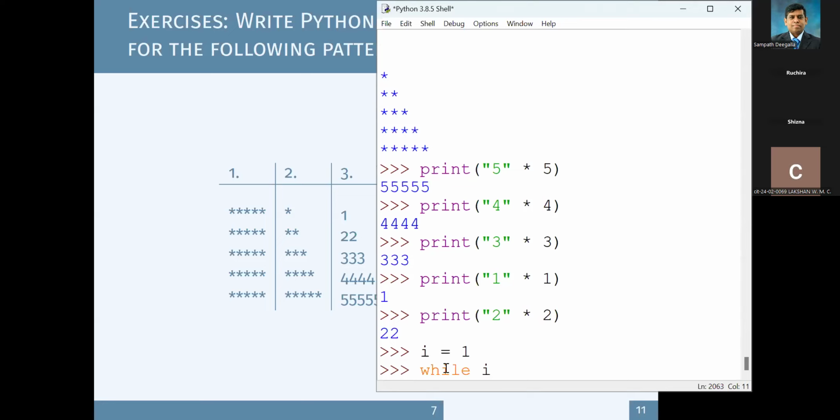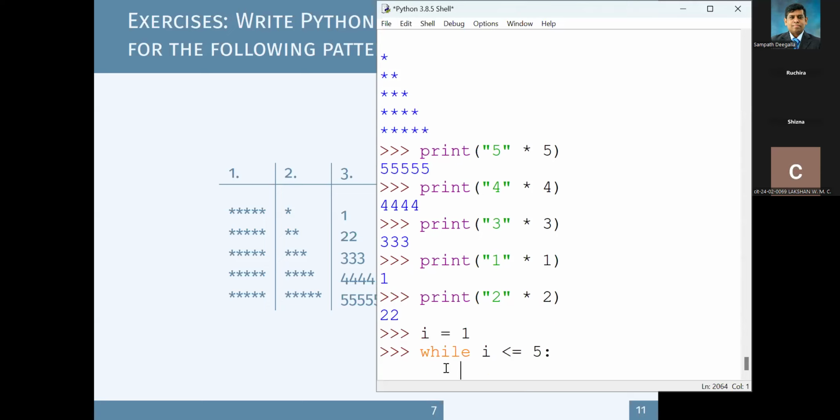While I is less than or equal to 5, okay, can you tell me what should be my print statement? So we know that we have to have something. I will put question marks multiplied by I, right? So that part we are clear about from the previous one. But then the problem is you cannot put I as it is, because as soon as you put I, it will print as I,